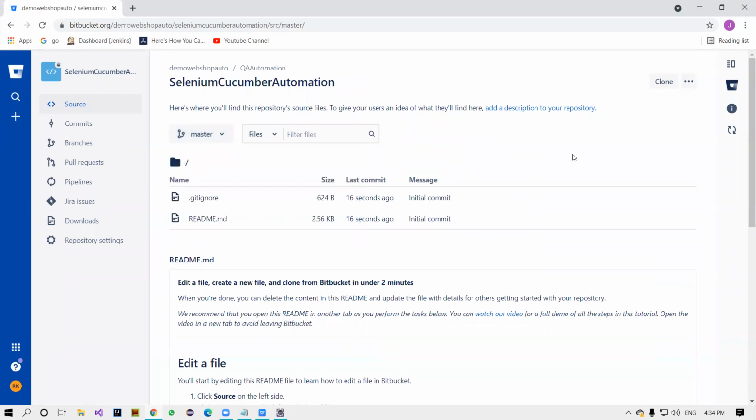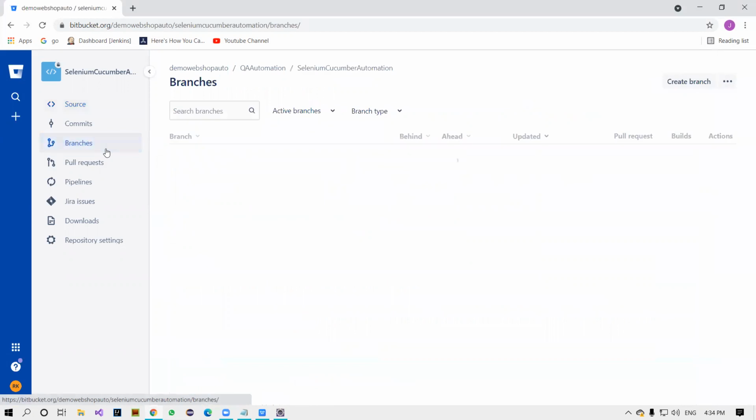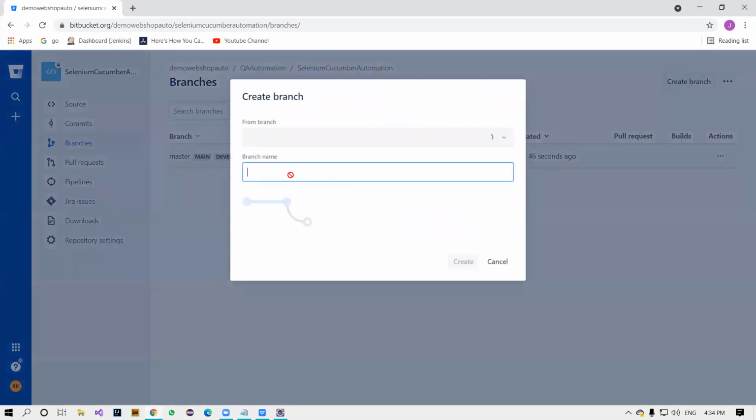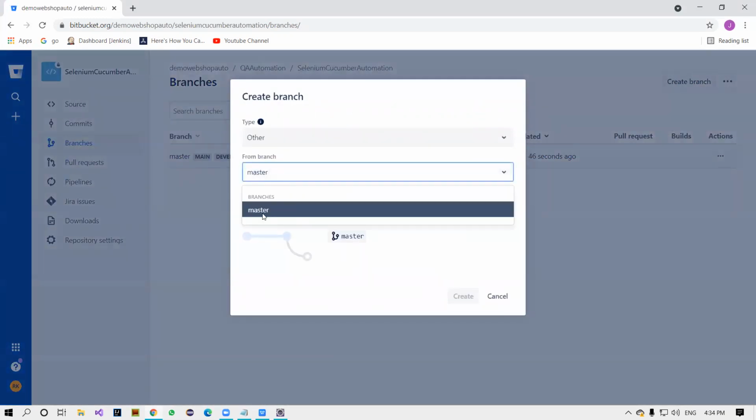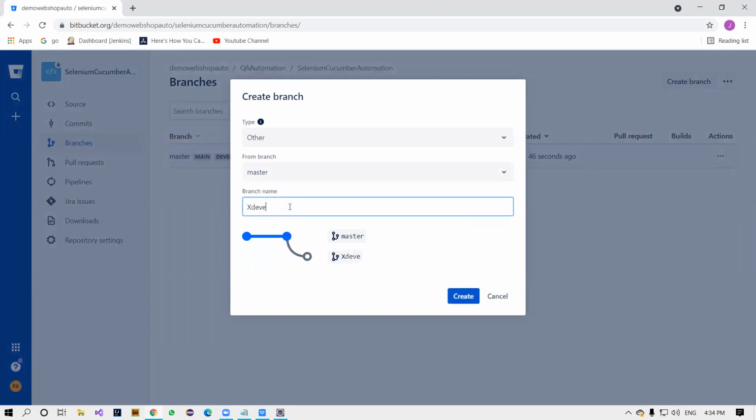Now we're talking about the branch creation, right? First, I'll create the branches, or let me go and add the code to the master branch first. Okay, I'll create the branches first here. Go to the branches. We already have a master branch, that is the main branch. If you would like to create a new branch, you should go under the master branch. Click on create branch here, and select the branch type, master branch, from branch. From this branch I'm creating development. I'm just following the diagram. Development branch, you see that hierarchy here, master to development branch.